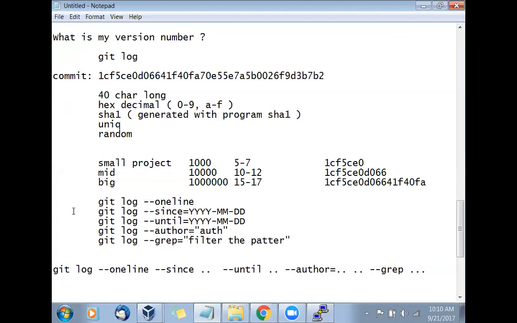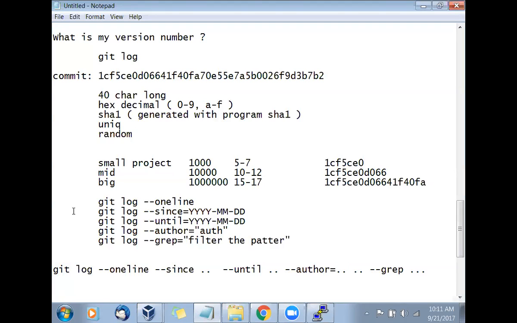Okay. So now these are all the basic things that you need to understand while working with the log. You need to understand what is the version, the commit value, what is the feature: 40 character hexadecimal SHA, unique, random, when to use, how much length.